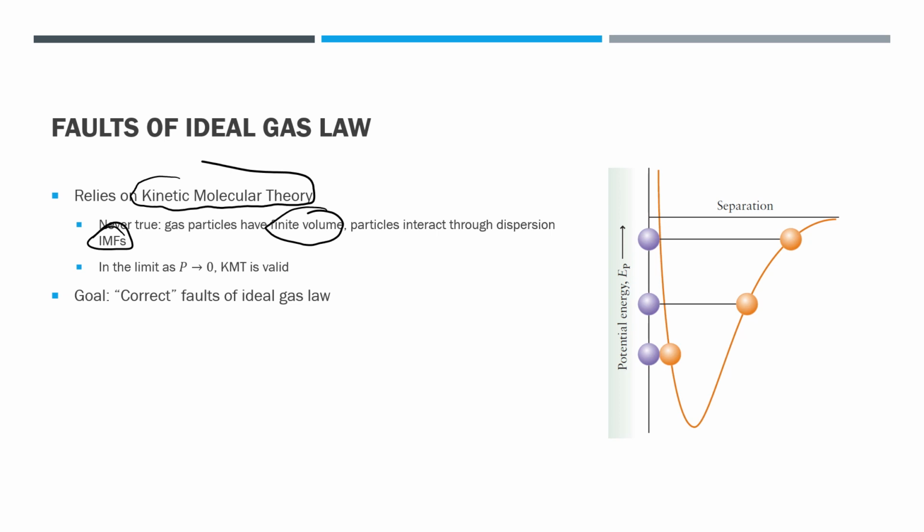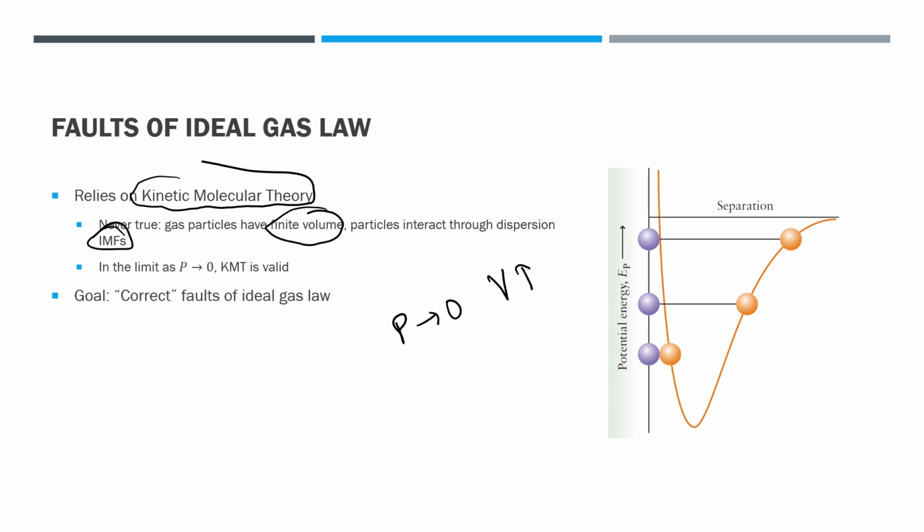But as pressure goes to zero, as pressure gets really, really small, that's when kinetic molecular theory is really accurate, because these assumptions are basically valid. So let's talk about that. When the pressure gets really small, volume gets really big. And when volume gets really big, the volume of the gas particles themselves is negligible. Because comparatively, if I think about the volume of the entire gas versus the volume of the tiny gas particles, as the volume gets bigger, the gas particles add basically no volume.